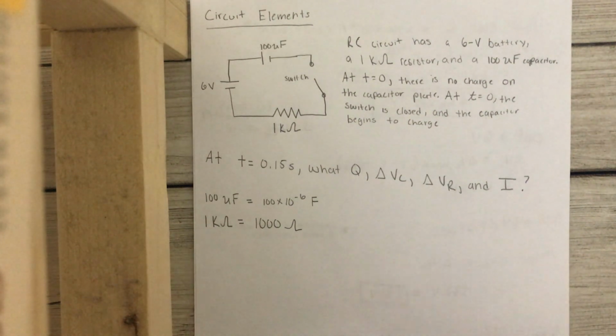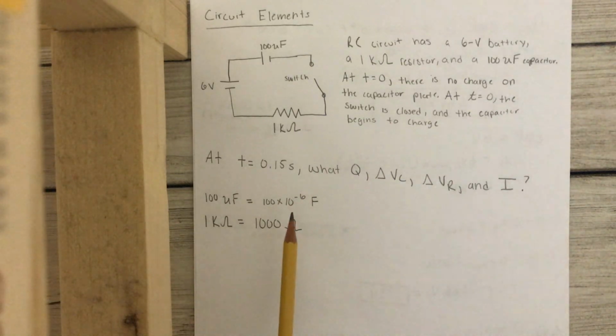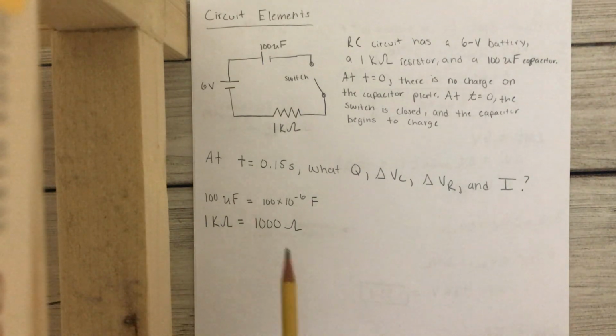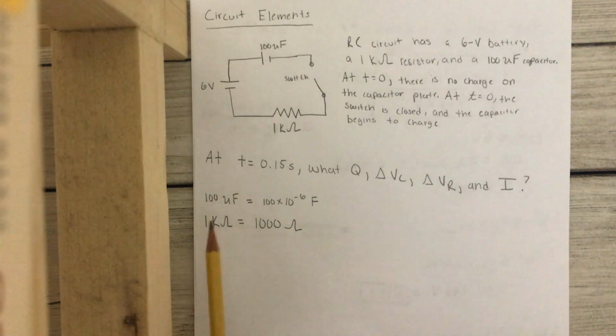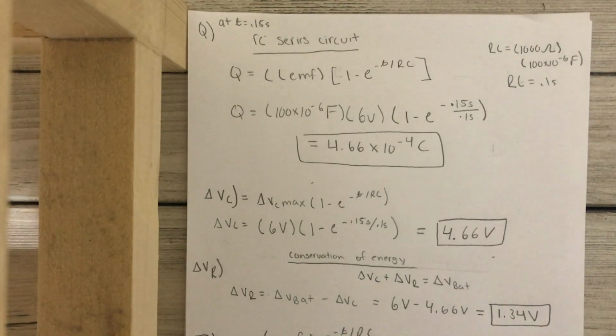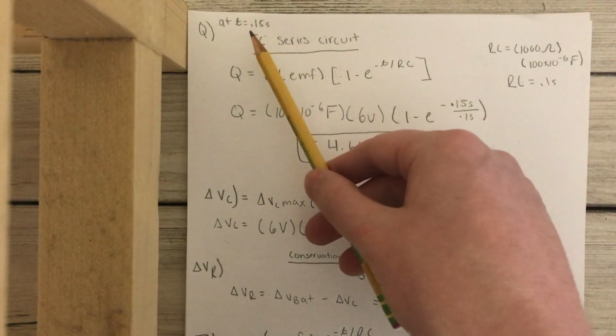First thing I did is I just converted the 100 microfarads to regular farads, which is 100 times 10 to the negative 6 farads. I converted 1 kilo ohm to ohms, which is 1,000 ohms. So the next thing we want to do is find the Q at time equal to